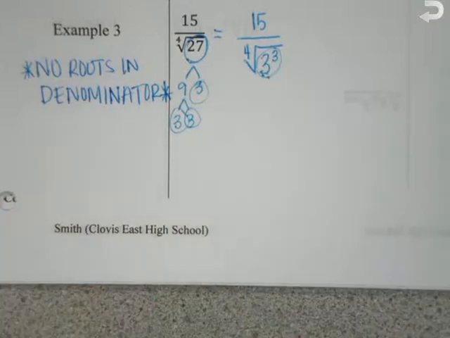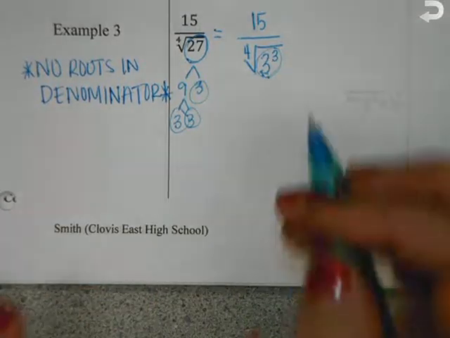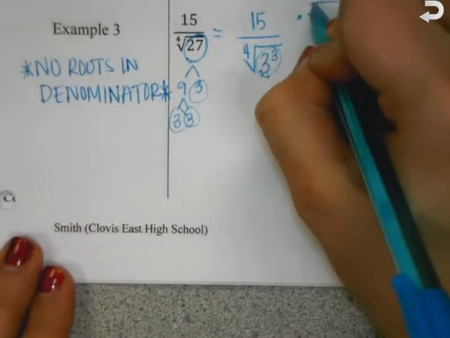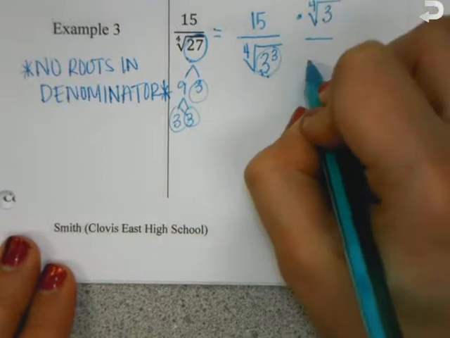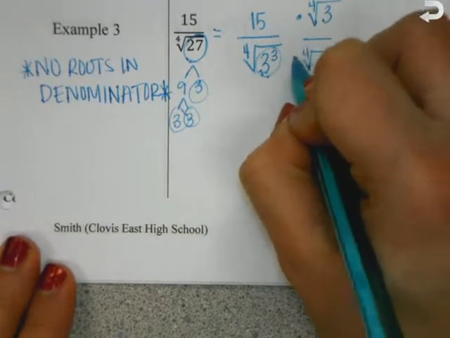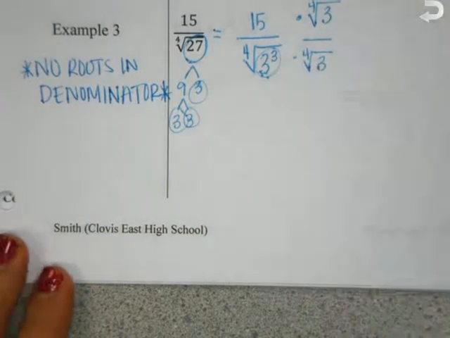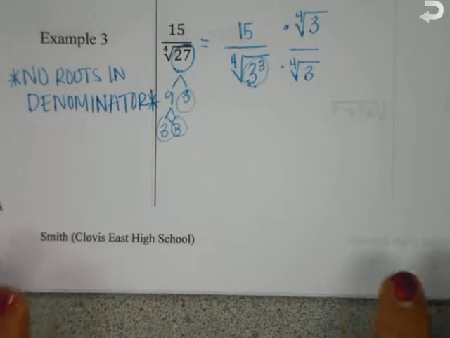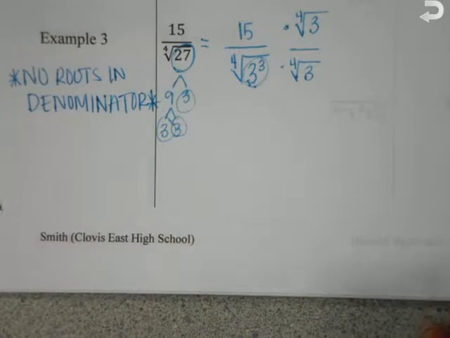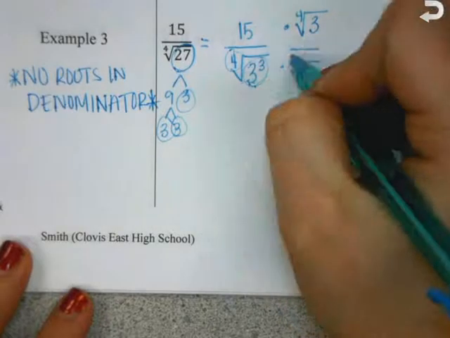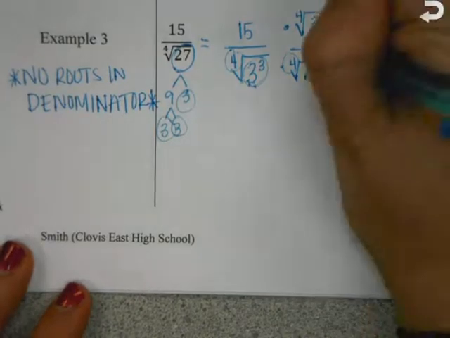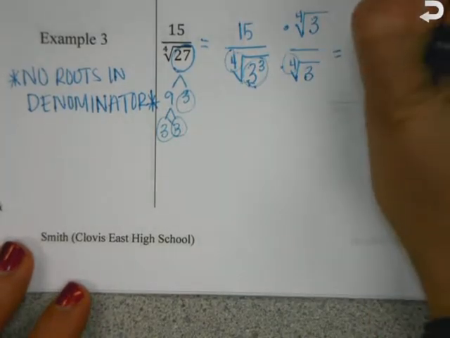So multiply the top and bottom by the fourth root of 3, because that rule that we wrote out at the very beginning says that I can multiply as long as the index is the same. So on top, that's going to give me 15 fourth root of 3